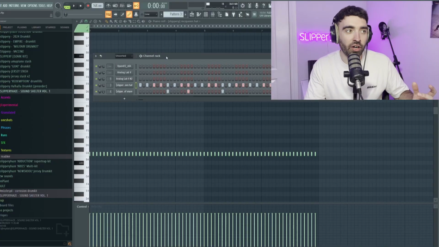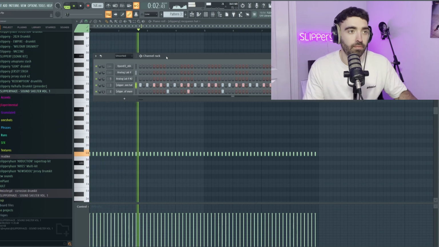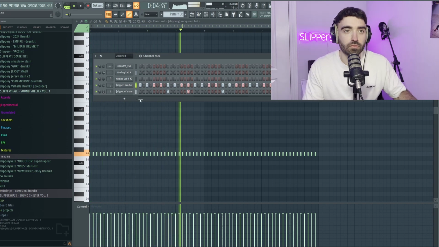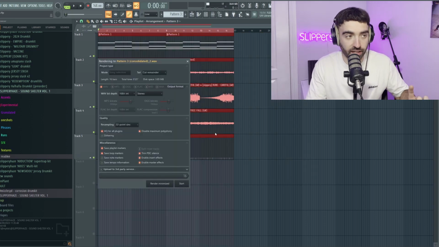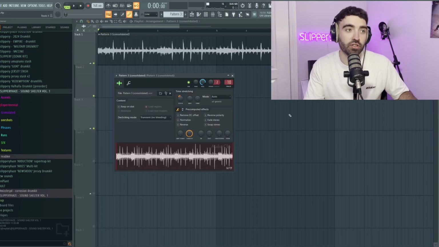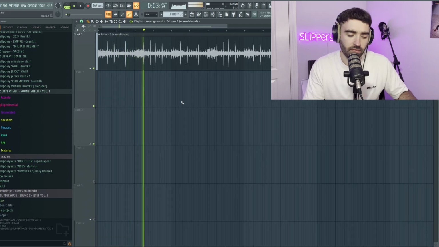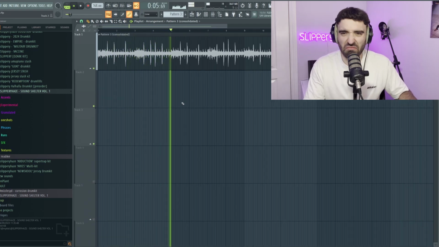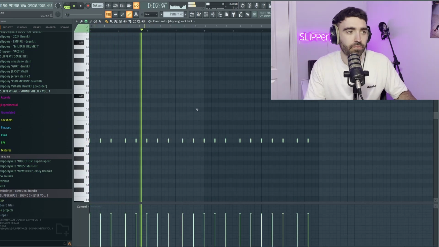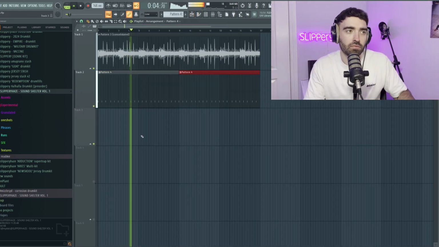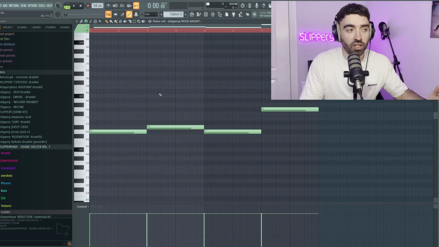So I'm putting a hi-hat and snare pattern on top of these melodies. And what I'm going to do is I'm going to consolidate all of these as one track together. Then I'm going to repitch these down 300 cents. See, that just sounds so much cleaner. Add in a kick. And then finally, we're just going to put a sub bass under it.